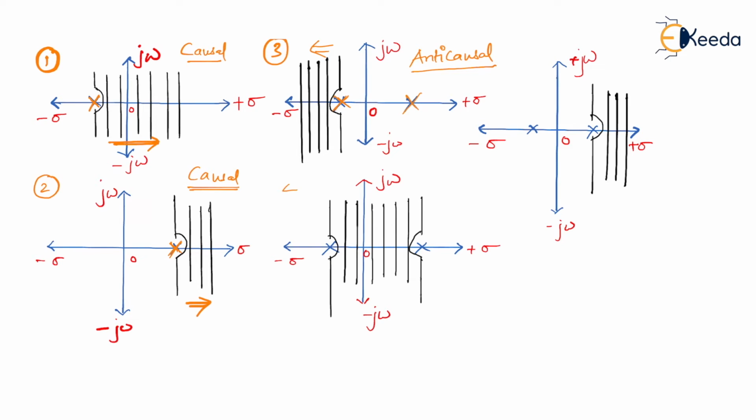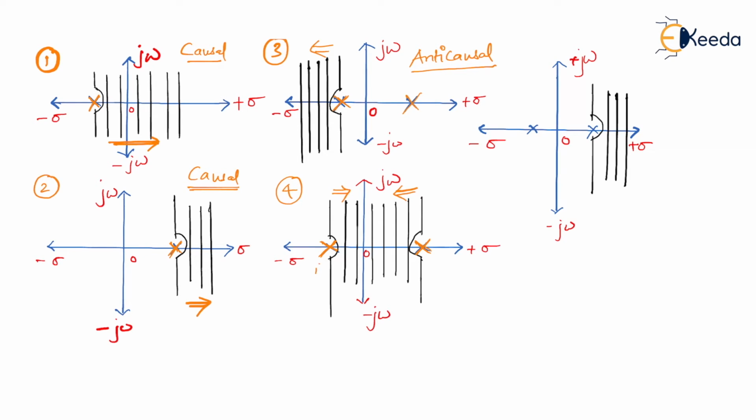Look at a fourth example. Now, in the fourth example, as you can see, with respect to this pole, the ROC is present to the right-hand side. With respect to this pole, the ROC is present at the left-hand side. Therefore, we say the ROC is both sided. Am I right? So I hope you understood the meaning of ROC being both sided, because I cannot say the ROC is present to the right-hand side or left-hand side. It depends upon how you see it.